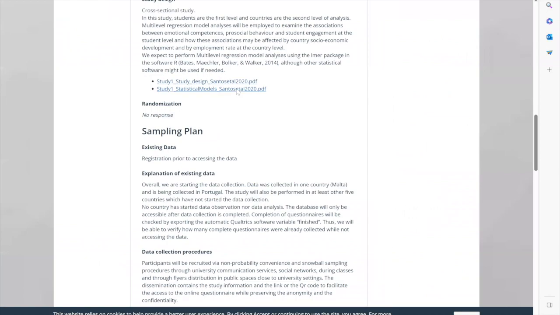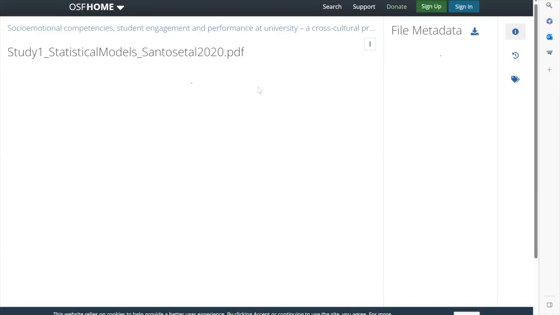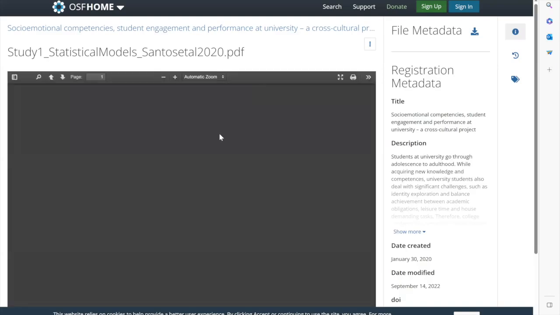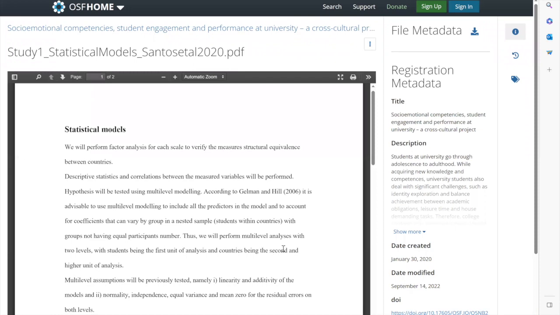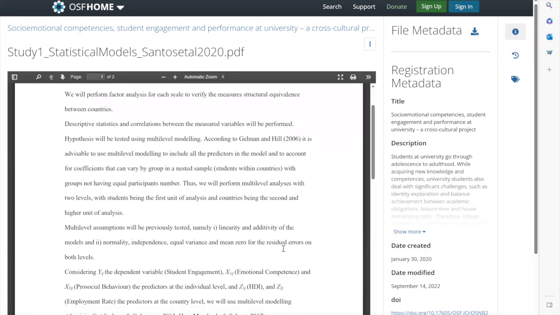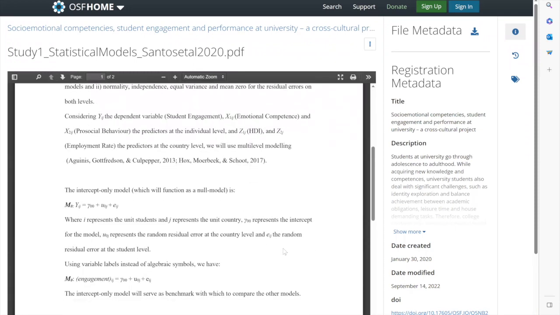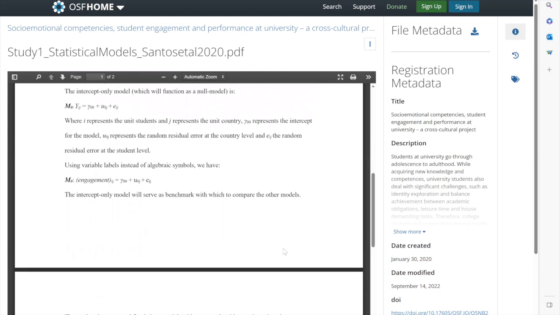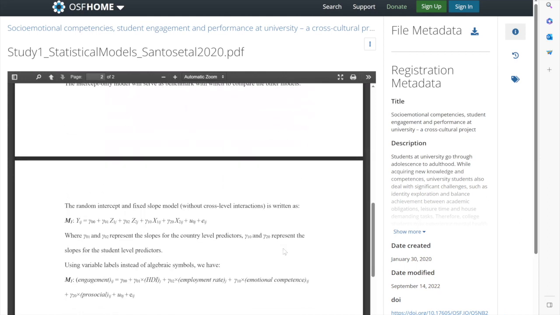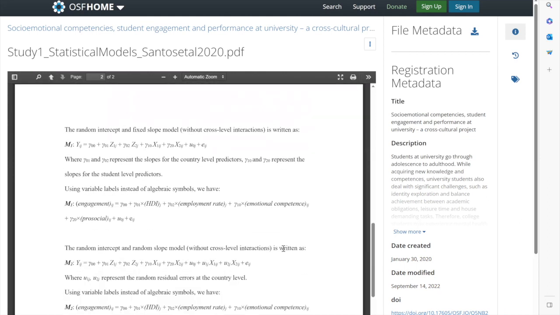Or we can detail our statistical analysis, so that it is clearer when we already have our data. Here it would be a multi-level model, and we detailed here how the model would be and how the variables would be in the model.